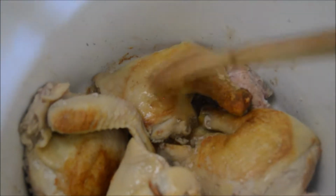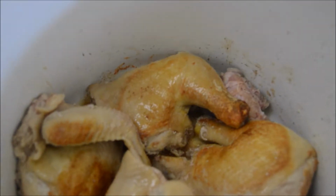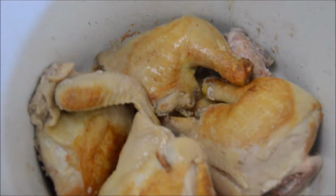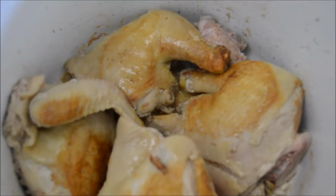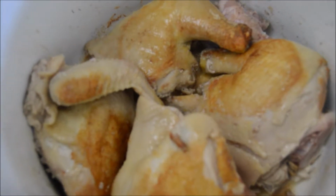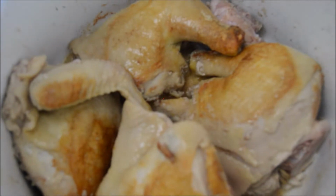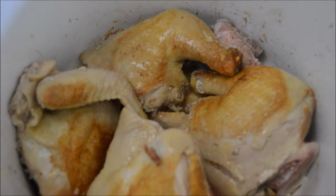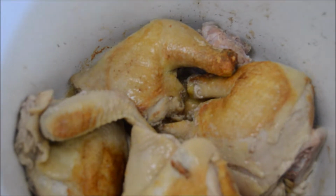We have this crispy skin, and it smells like fried chicken down here. So that's what we want. I did add about a tablespoon of Himalayan salt on the raw side before flipping it. But again, the purpose of this isn't to cook it completely, it's just to sear it to get that caramelization flavor in it. So I'm going to cook this just a few minutes more on the other side